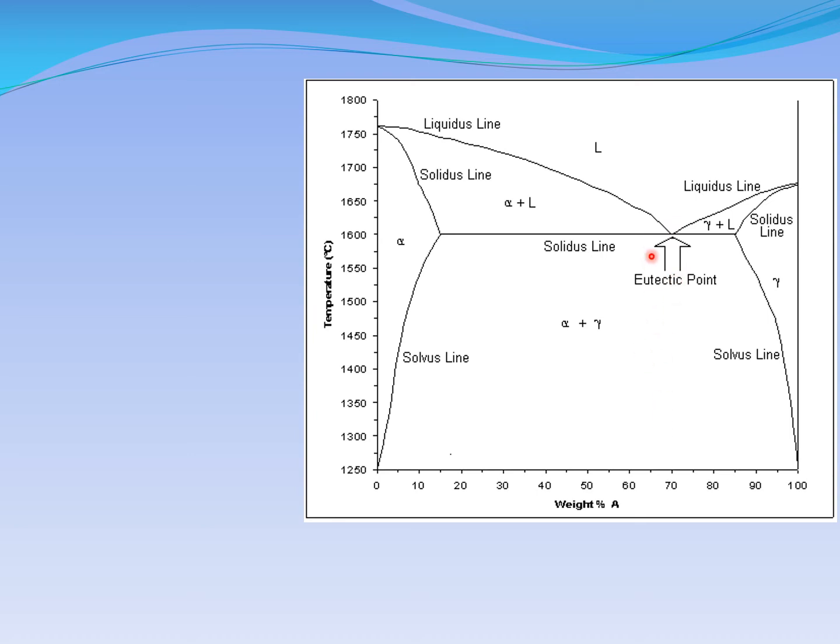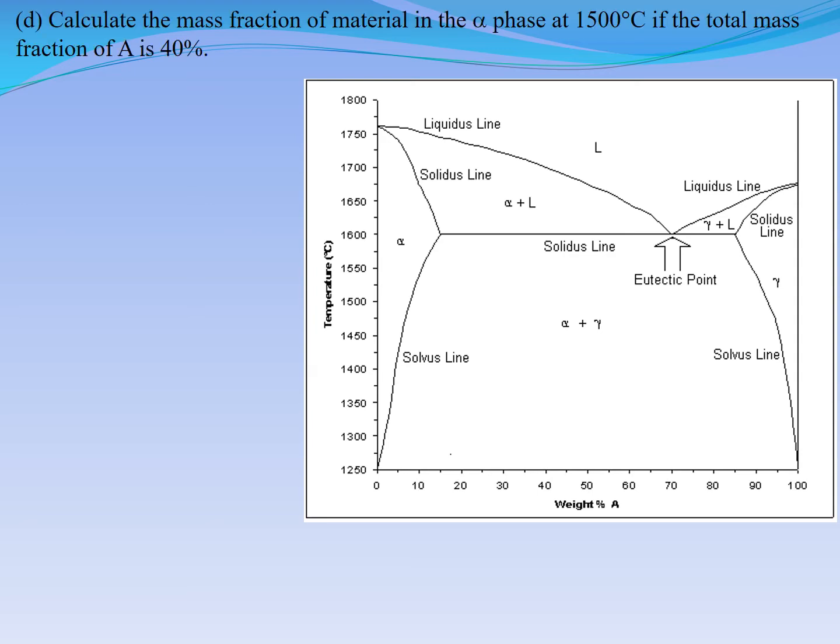So if you heat it, this is the only point where the two solid phases will suddenly become liquid, right? So this is what was stated, that this is the point where it happens suddenly. So this is the eutectic point, liquid to two solids or two solids to liquid, eutectic point. So these are the answers of part A and part B, right? And part C, as I said, is done. All the three: complete the diagram, write the names of the phases, write the names of the lines, write the eutectic point, the invariant point.